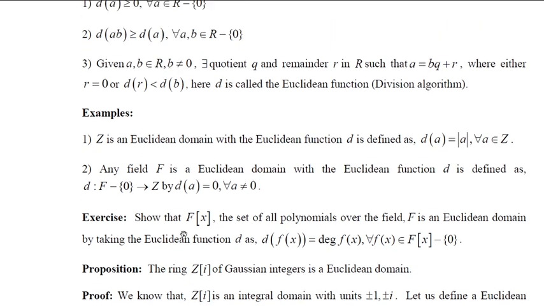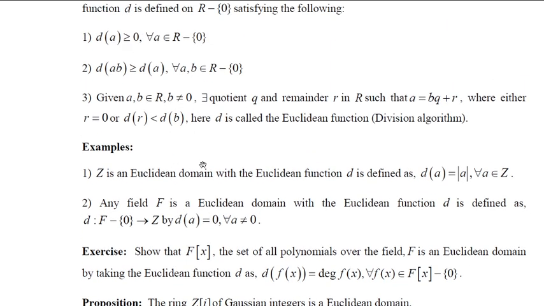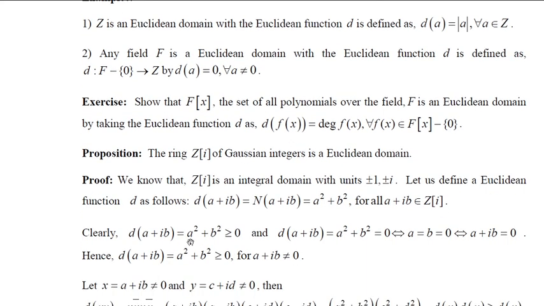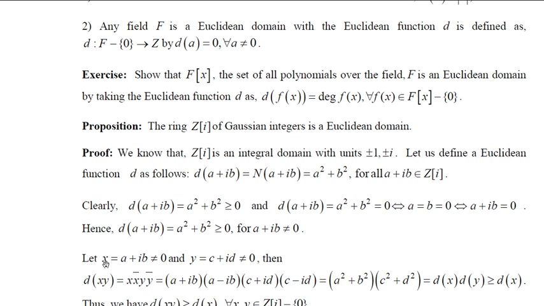So we have proved the first condition of Euclidean domain. Now let's prove the second condition. What is that second condition? Let us assume x and y are any two elements of Z[i]. Any element of Z[i] must be of this form: a plus ib and c plus id, both non-zero. And d(xy), we know that d(xy) is